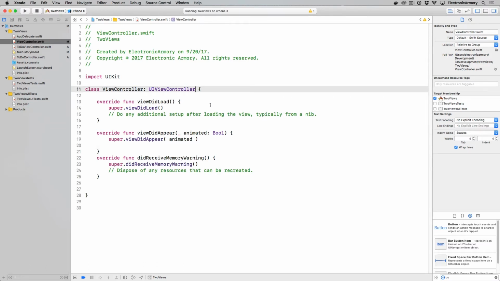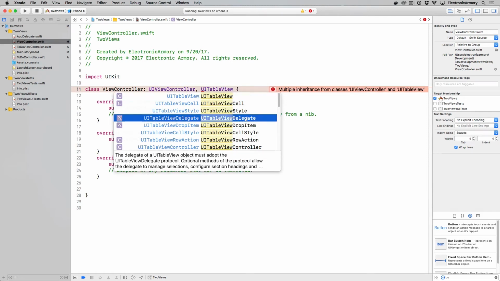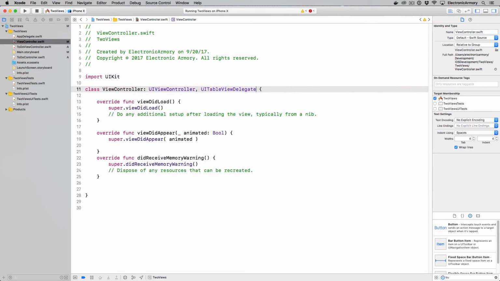So after the subclass, we're subclassing UIViewController. So that's the parent class or the superclass. I want to also add protocols, and this is just a comma separated list. And I just start typing in UITableView, and there is a delegate here. So we're going to go ahead and select that, comma,